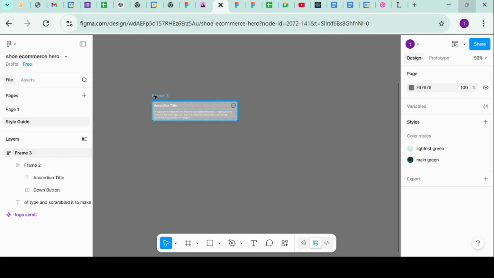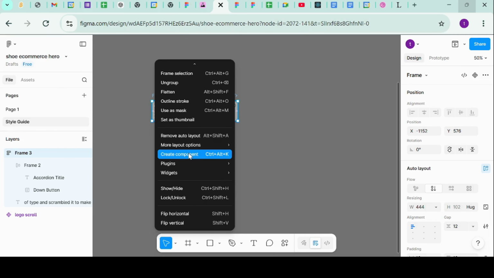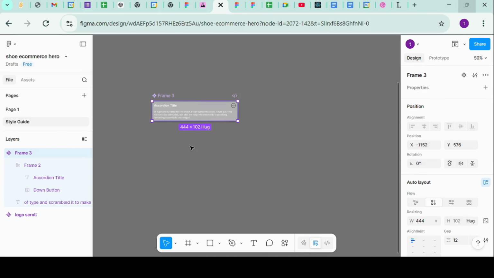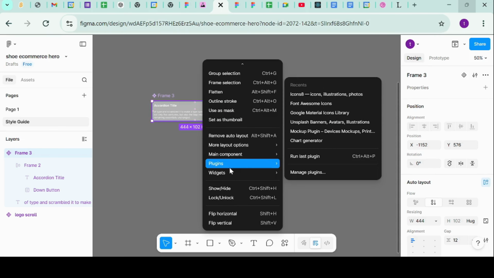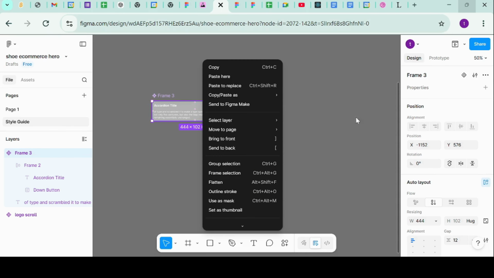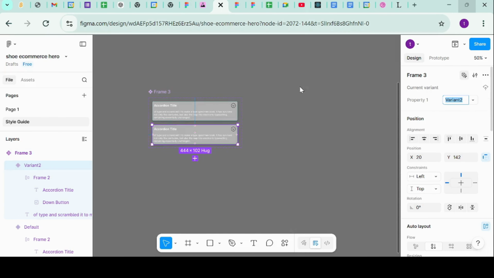So the next thing I'll go ahead to do is to turn this into a component, and then when I do, I will add a variant of this component. So I can right click, and let me see. Not sure I'm seeing that, but I can come here and just click on add variant, right? So for the first one, which will be my title, right? I will name that my closed,